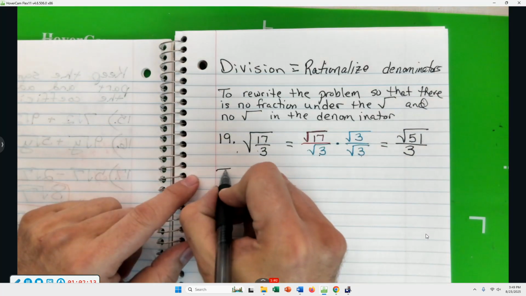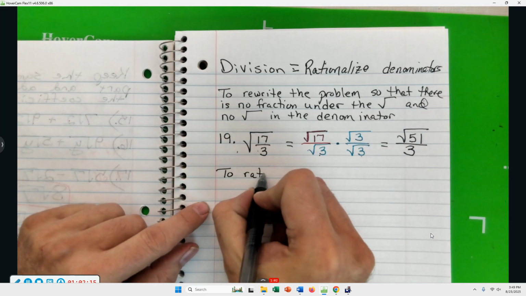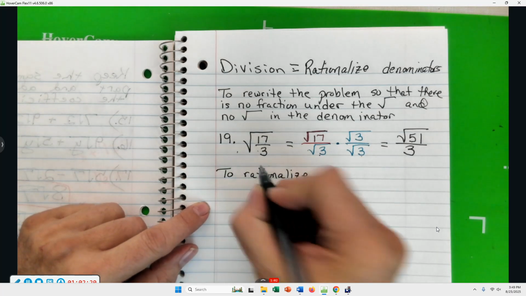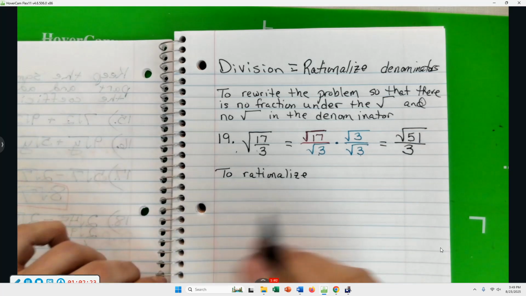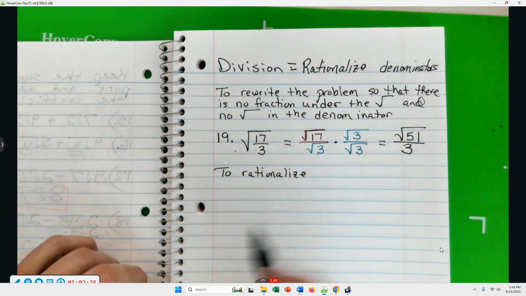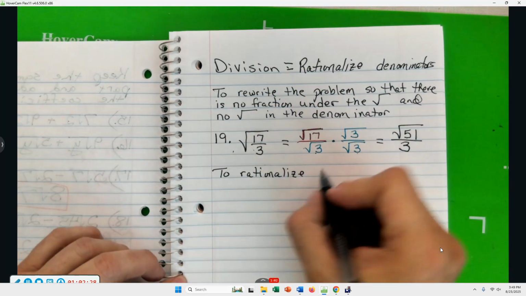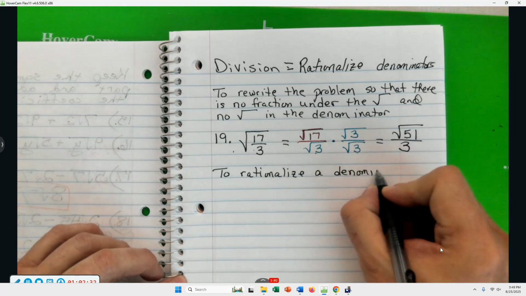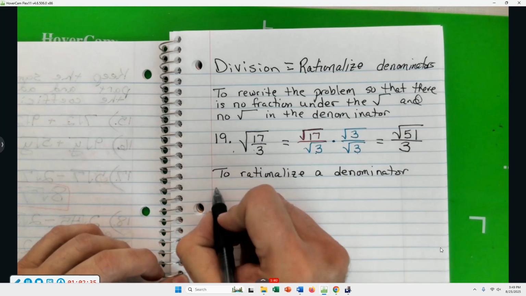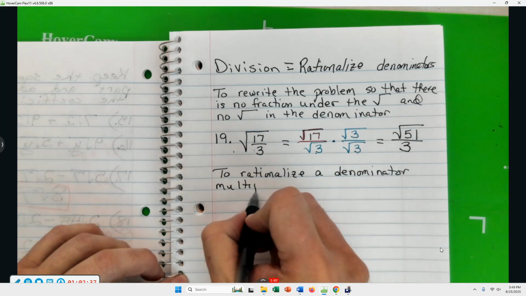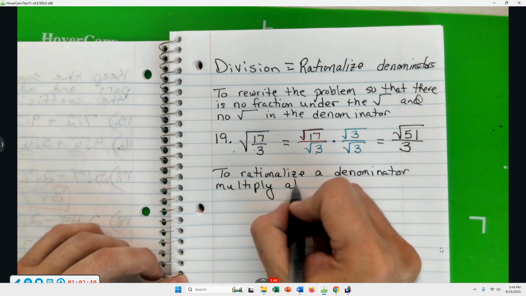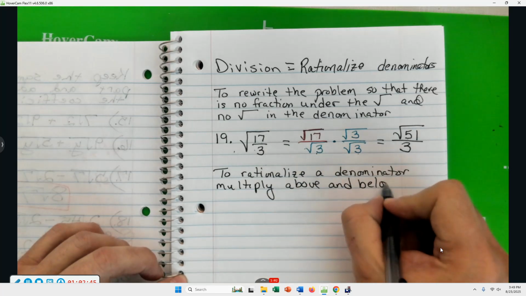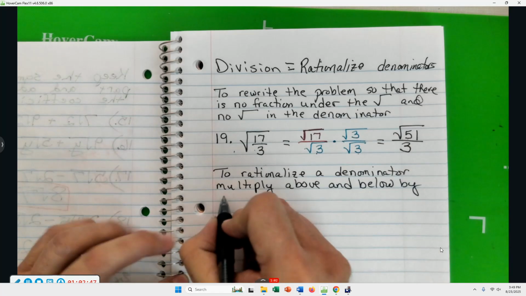So here I'm going to write a sentence. To rationalize, if you go into trigonometry and the teacher says, oh, we need to rationalize the denominator, how do you do that? Here's what they want you to say. To rationalize a denominator, multiply above and below by the square root